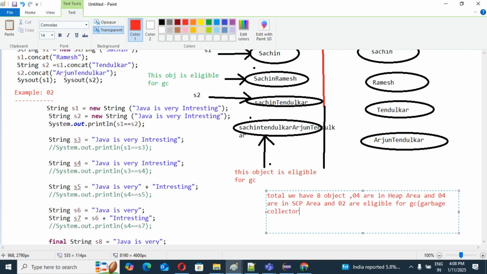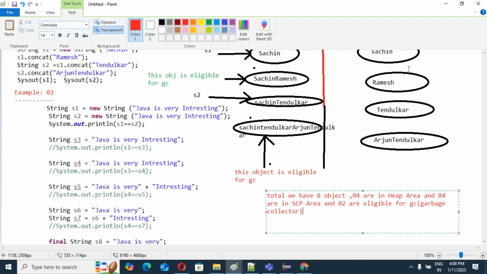So guys, you know very well what the garbage collector is. The garbage collector uses this technique: if any object is not pointing to any reference, at that time it will destroy the object. So that is our garbage collector.